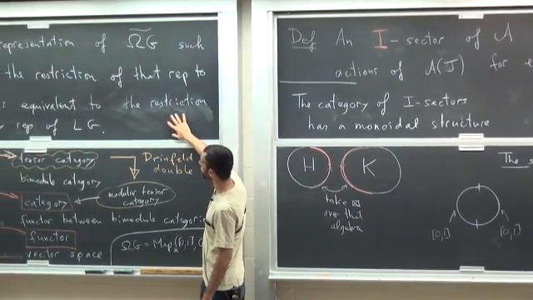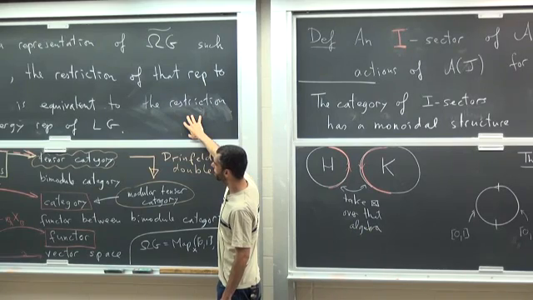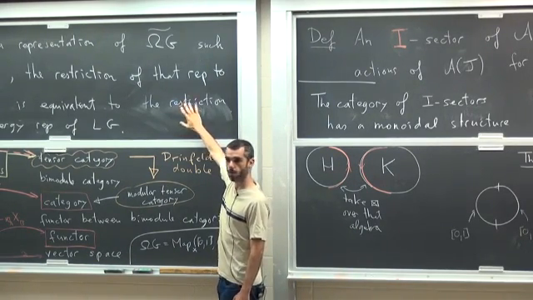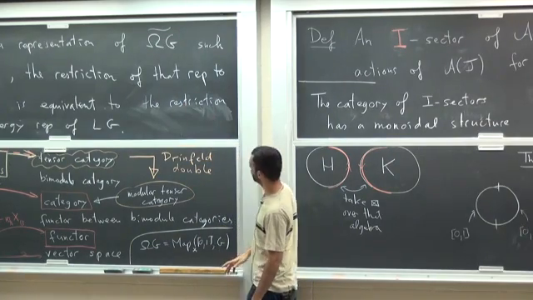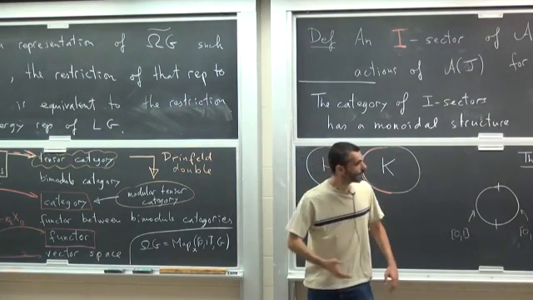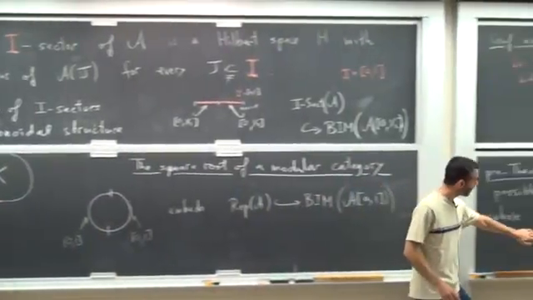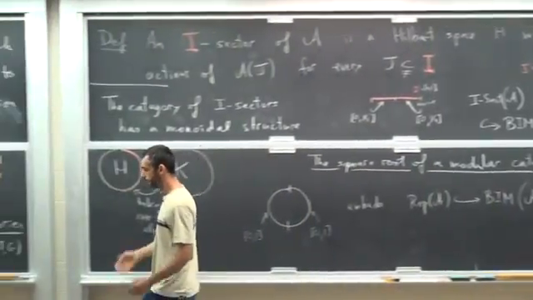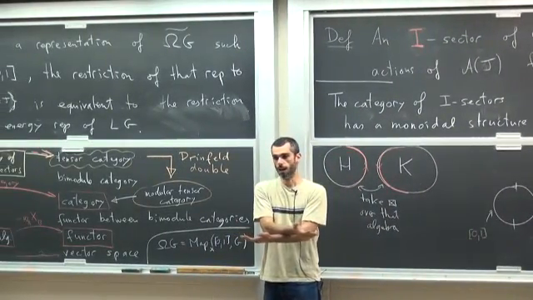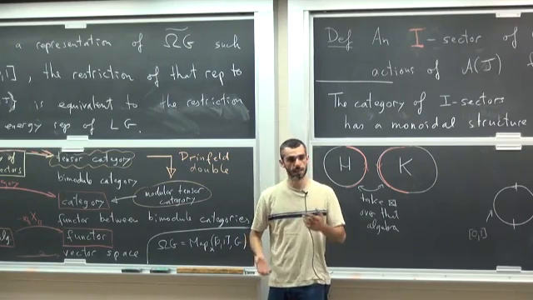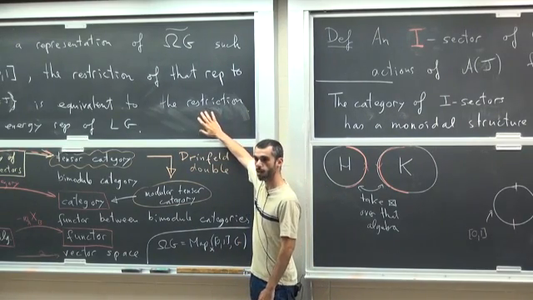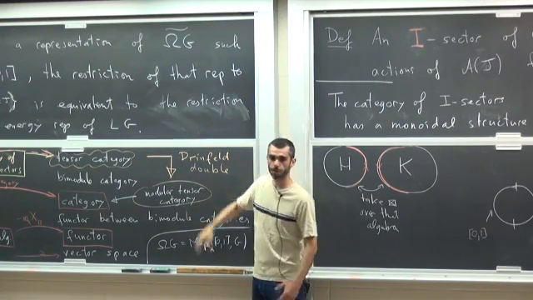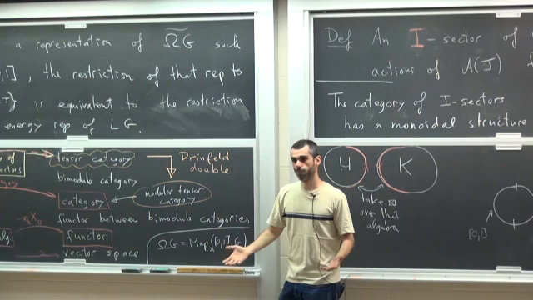So to be precise, this should be viewed as a stack fibered in tensor categories over the category of all topological spaces. And that needs to be taken into account in the definition of the Drinfeld double. You need to ask for the braiding to be continuous. And once you ask that, then it's possible to actually control this thing, because even though the collection of all I sectors up to isomorphism is completely out of hand,